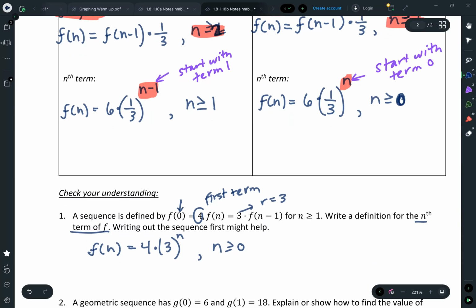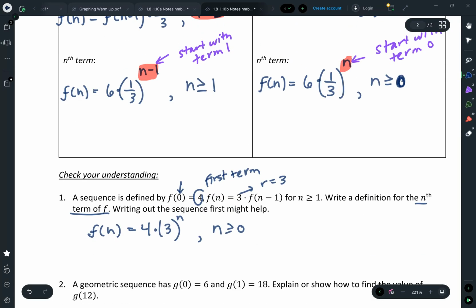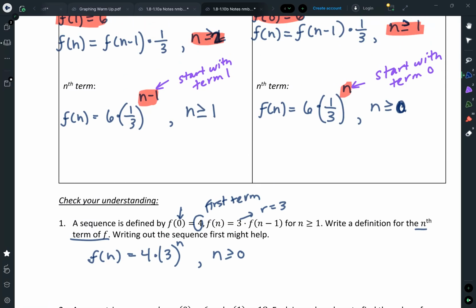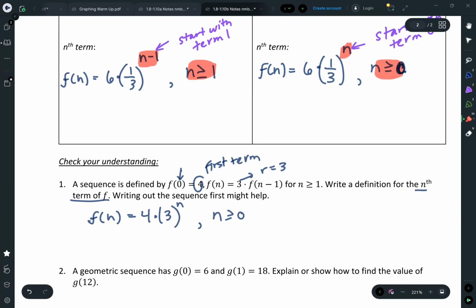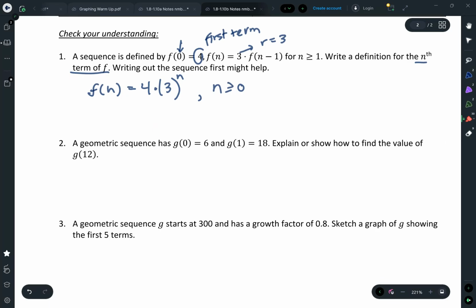All right, and that's because this one works for 0 on up. We're starting it with 0, so we should highlight that part as well. One more difference. All right, on the next one, we're asked to find, let's see, we have g of 0